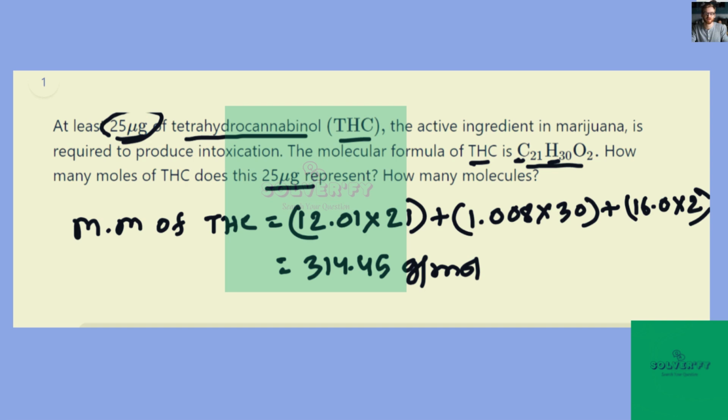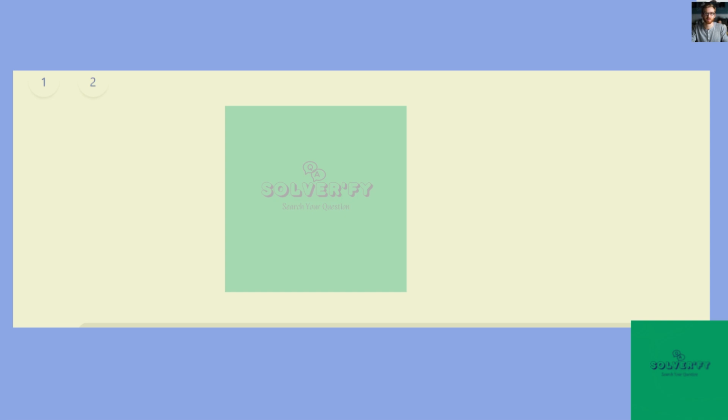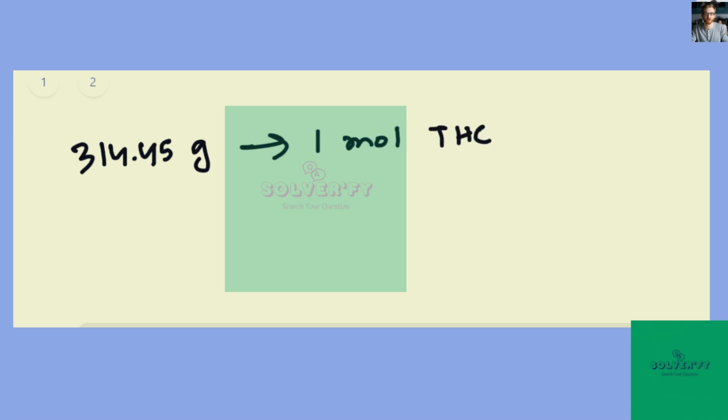So this is 314.45 gram per mole, and this is the molar mass of THC. That means 1 mole of THC will contain 314.45 gram. So we can write 314.45 gram is contained in 1 mole THC. That means 25 microgram, or 25 times 10 to the power minus 6 gram, is contained in